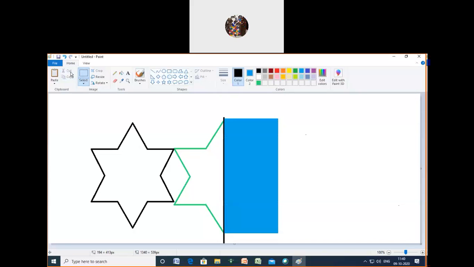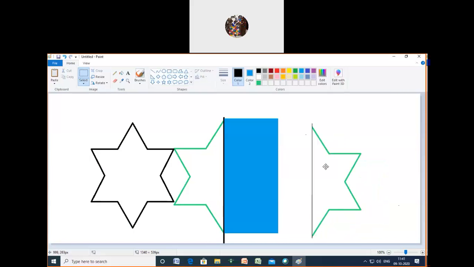Because if you see, the background is in blue color. Now I cut half of that green star, and I'm going to paste it somewhere else. Suppose I choose here this drawing area. So now I got half of the star there, isn't it?